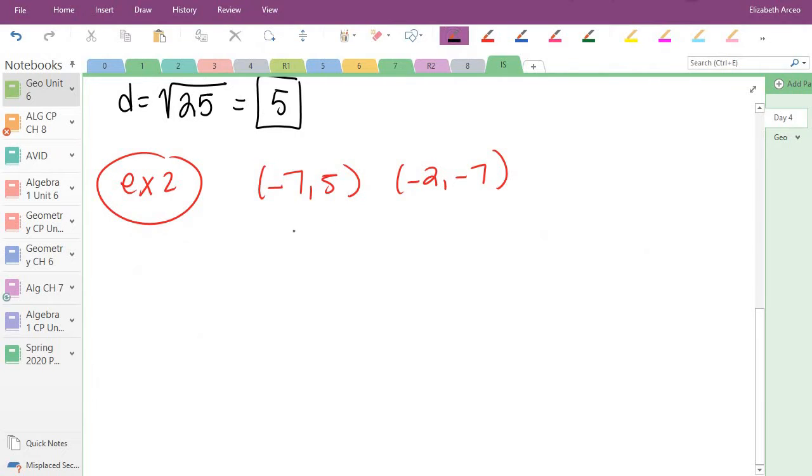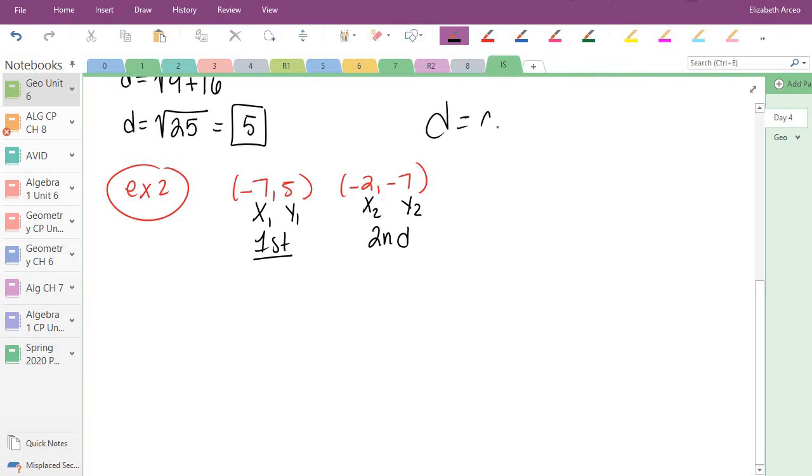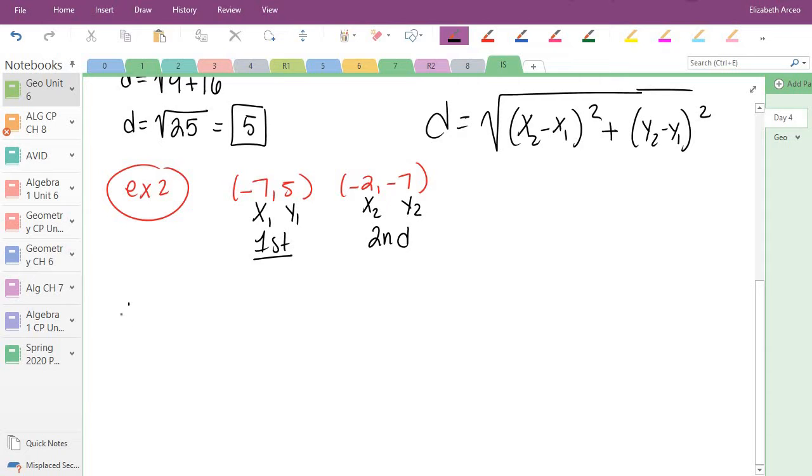Okay, so this is your first point, second point, so x1, y1 because it's the first point, and then x2, y2 because it's the second point. Distance is equal to the square root of x2 subtract x1, y2 subtract y1. So the distance is equal to